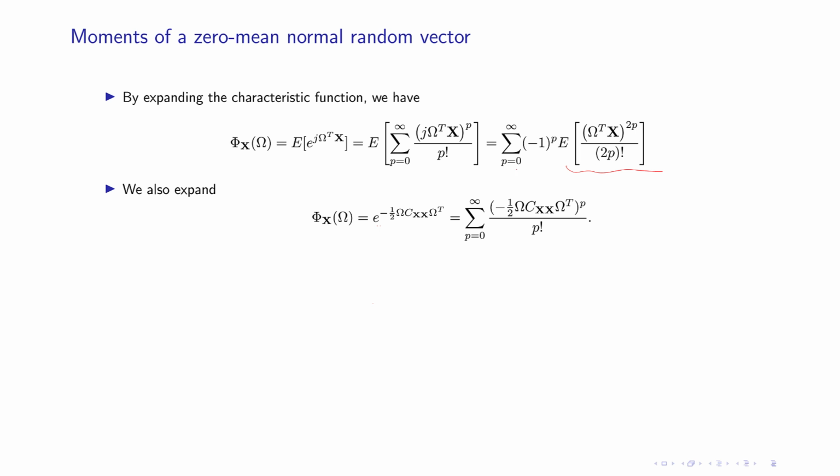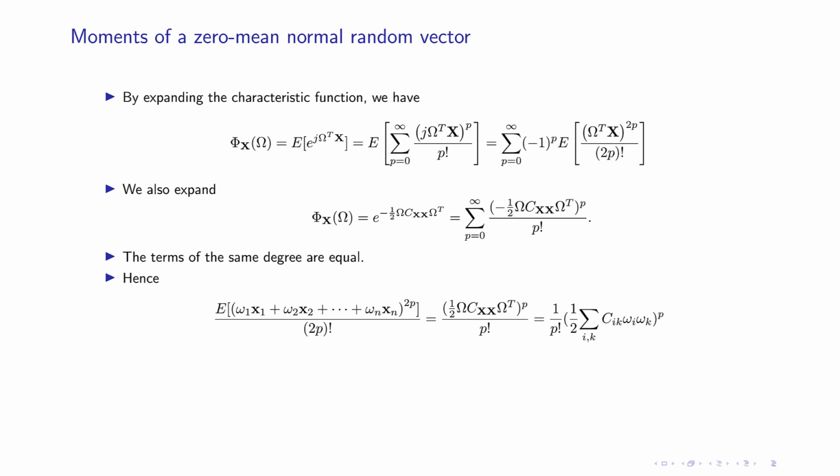So this is a series expansion, and then you have moments of this, and here you have another series. So this is a function of omega, this is another function of omega, both of them are series. So these two are equal. The coefficients of this are like a Taylor series expansion in terms of omega, and this is also a Taylor series expansion in terms of omega. So equating these two, you will find the same rules, and from there, because omega transpose x